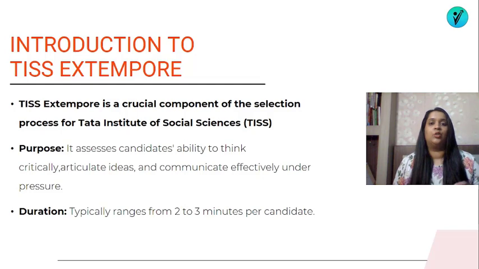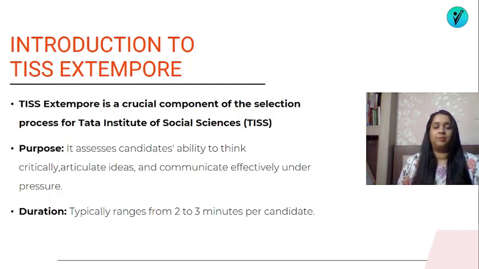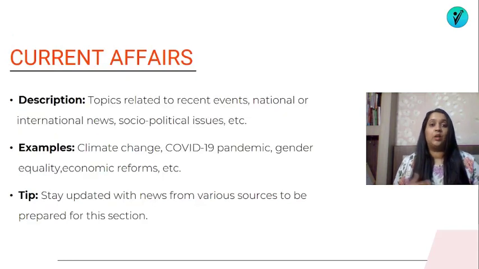You get approximately 1 to 2 minutes to prepare yourself on a given topic. You may or may not use a pen and paper during that time. It depends on the discretion of the admissions committee. Then you're supposed to speak for approximately 2 to 3 minutes, 2 being minimum and 3 being maximum. During this time, you're supposed to monitor the time by yourself, and this is going to be an online process. So I hope what exactly this extempore is, is clear to you by now. Now let's look at a few kinds of topics.